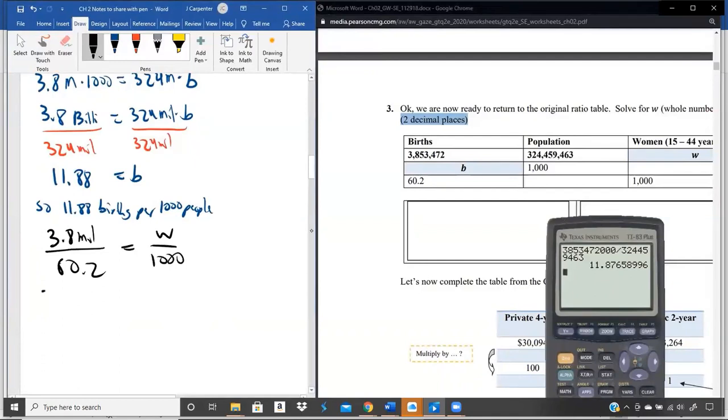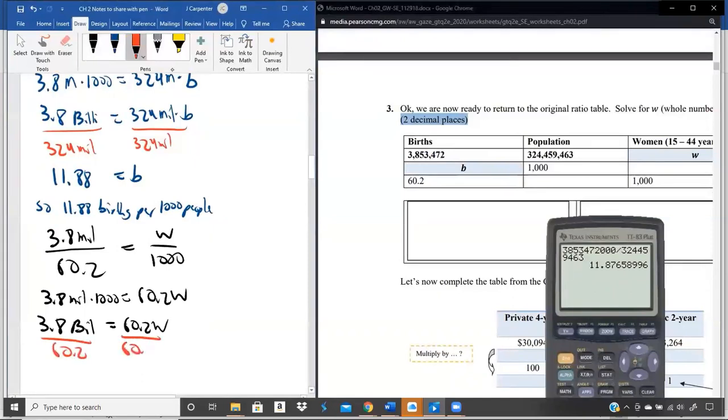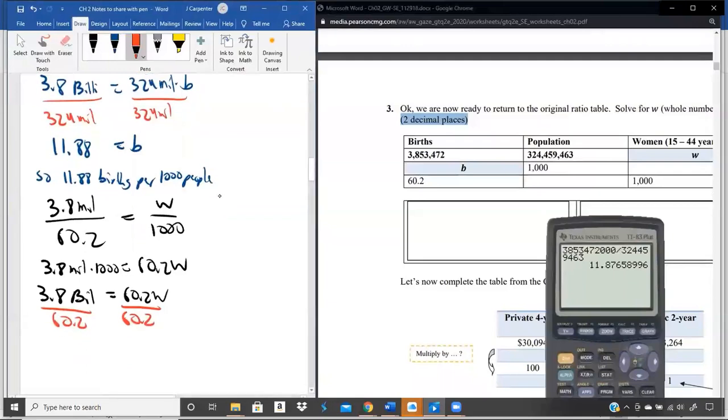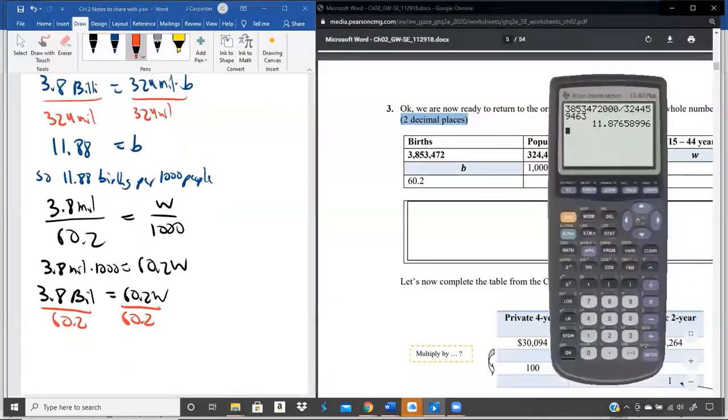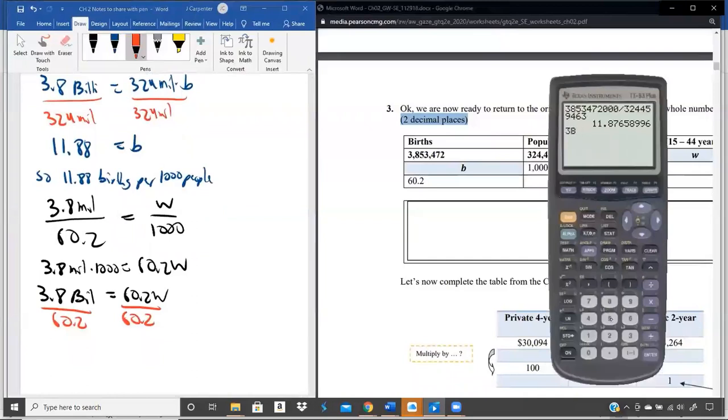We cross multiply. We'll get the 3.8 million times the 1,000 equal to 60.2 times the W, which is 3.8 billion equal to the 60.2 times the number of women of birthing age. Divide both sides by 60.2. If you can't do this very simple algebra, you have got to practice it 1,000 times before you can. And then do the calculation. So the 3, 8, 5, 3, 4, 7, 2. And then there was the 3 more zeros from multiplying it by 1,000. And we're dividing it by 60.2. And we get